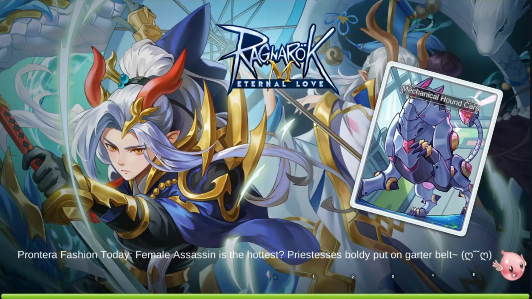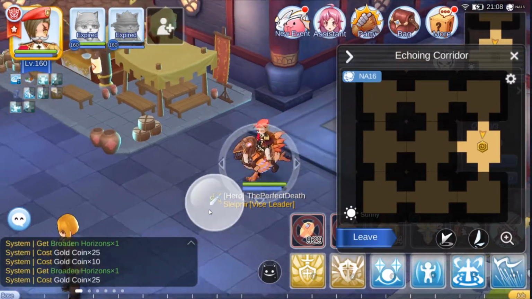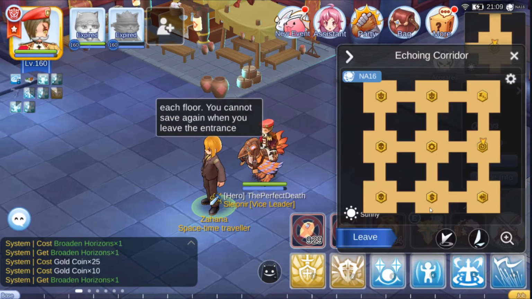See what I can show. I've already cleared my instances for the week, so I'm just doing this video as a guide to show how you can possibly run this stuff. Always remember, save, right? Save, then pop the map, and then